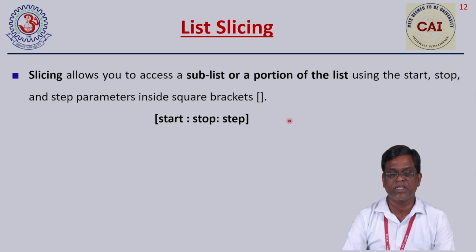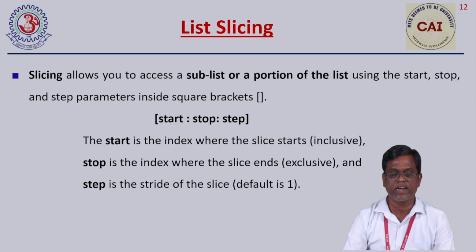The slicing operation is applied by using the square braces notation and providing 3 values, or 3 arguments. What is the starting position, what is the last position, which is the stop element, and another important parameter called the step parameter, which specifies in how many counts we need to access the values from the list. The notation is start, stop and step. We need to separate these 3 things by colons. Let us see this example to understand this.